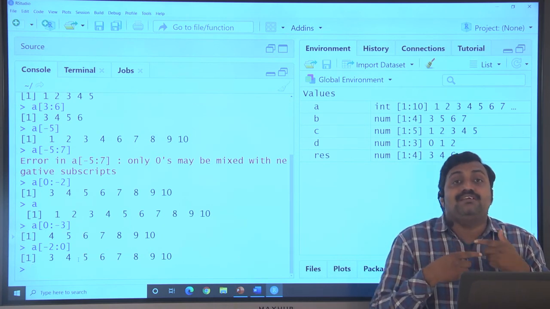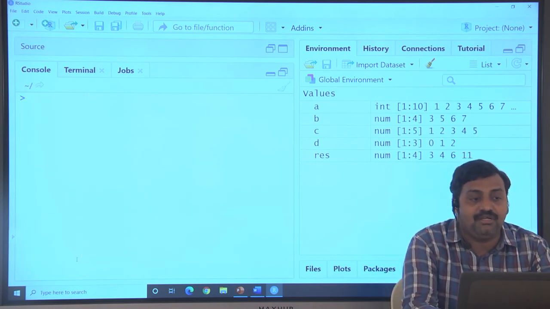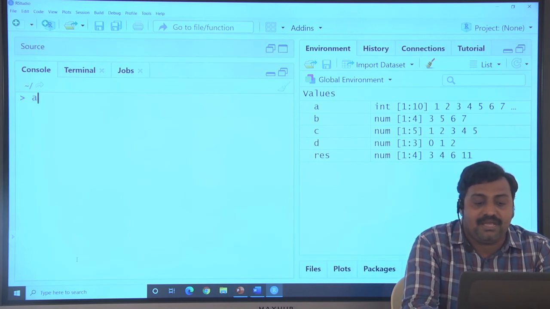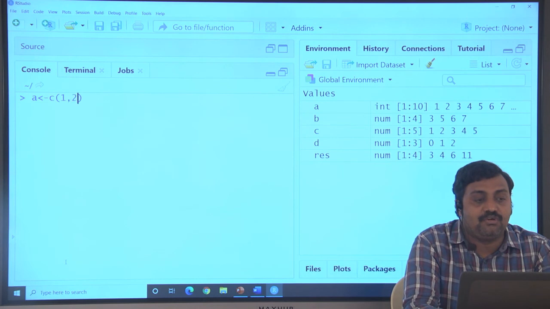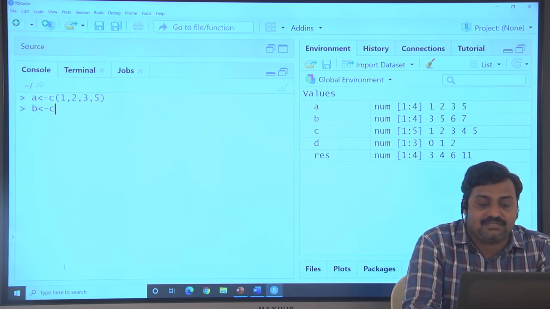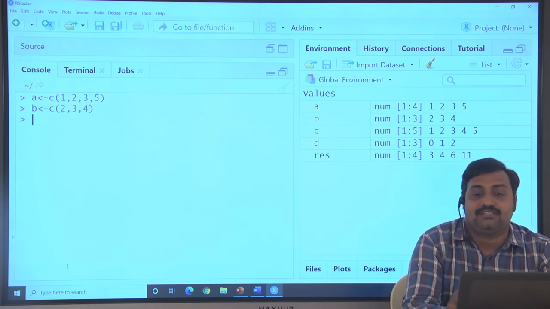These are some interesting operations on vectors. So what did you learn today? Creation of a vector. Simply I want to create a vector, A of C 1 comma 2 comma 3 comma 5. Then another vector C of 2 comma 3 comma 4 comma 4, 3 values in equivalence.